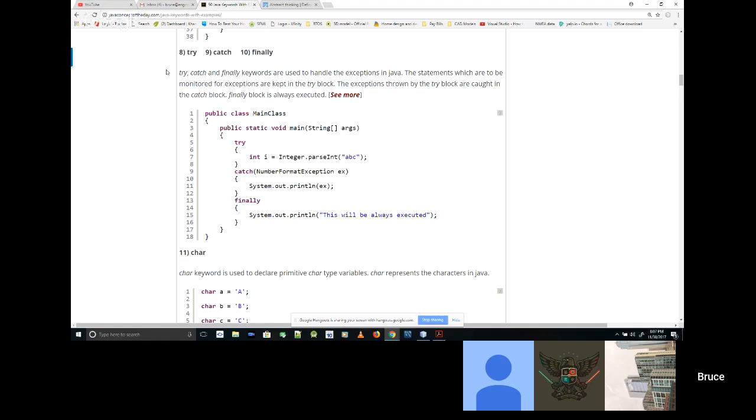Because on line 7, it says integer.parseInt, and yes, it does take a string, and strings can be whatever character you want, but it's really expecting some numbers in there as an integer-looking thing. So it says I cannot convert this into an integer, so I'm going to throw an exception. I have defined the exception to be a number format exception, so anybody calling me can know exactly what I'm complaining about when they try to pass me the letters ABC and turn it into an integer.